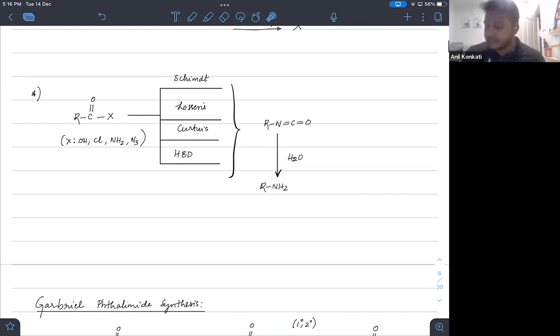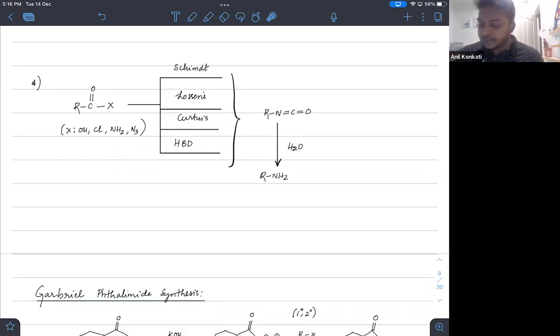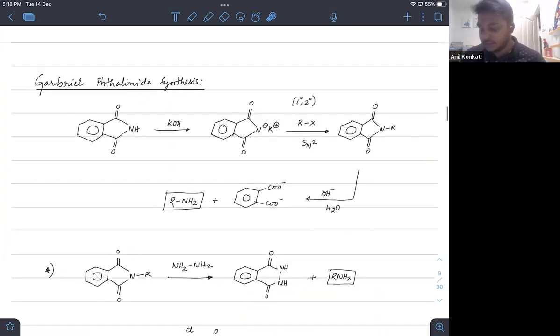Yeah, look at this now. In case we take N3, we used to call it Schmidt reaction. Acid chloride, and then treat with NaN3, that is Lossen's reaction, right? उसके बाद हमने देखा कर्टियस रिएक्शन, राइट? यहाँ पे डायरेक्टली N3 को रिएक्ट जाता है. HBD reaction. In HBD reaction, what we do, we'll have amine first, RC double bond O NH2 formation. उसको हम लोग Br2 के साथ react करते हैं. In all of these reactions, we know that we get an intermediate isocyanate, which on hydrolysis will give amines, right? So these are all from acid derivatives. This is the most important reaction of this topic.